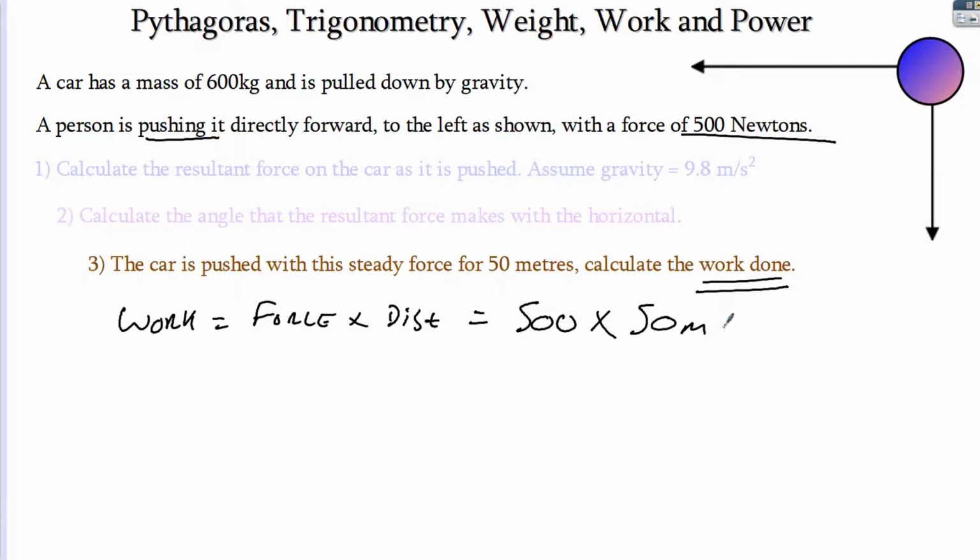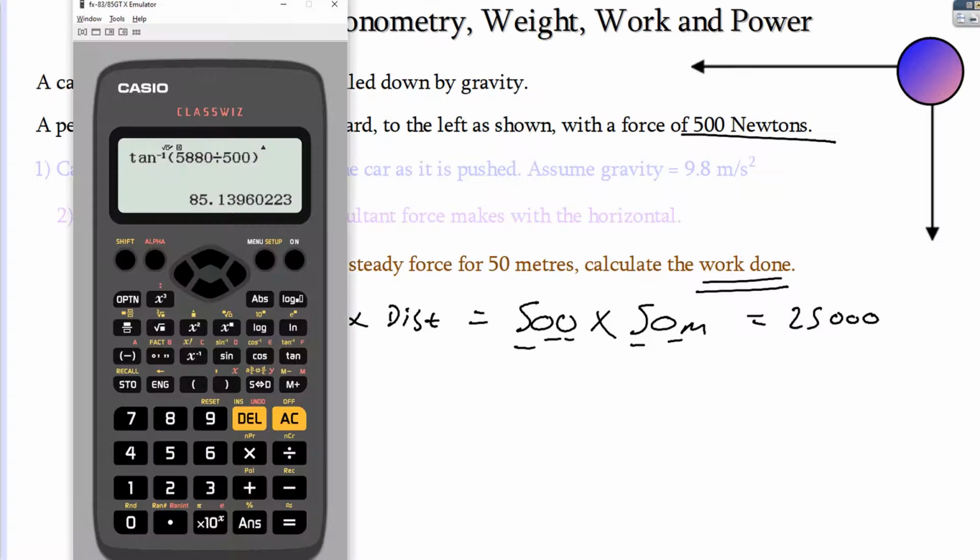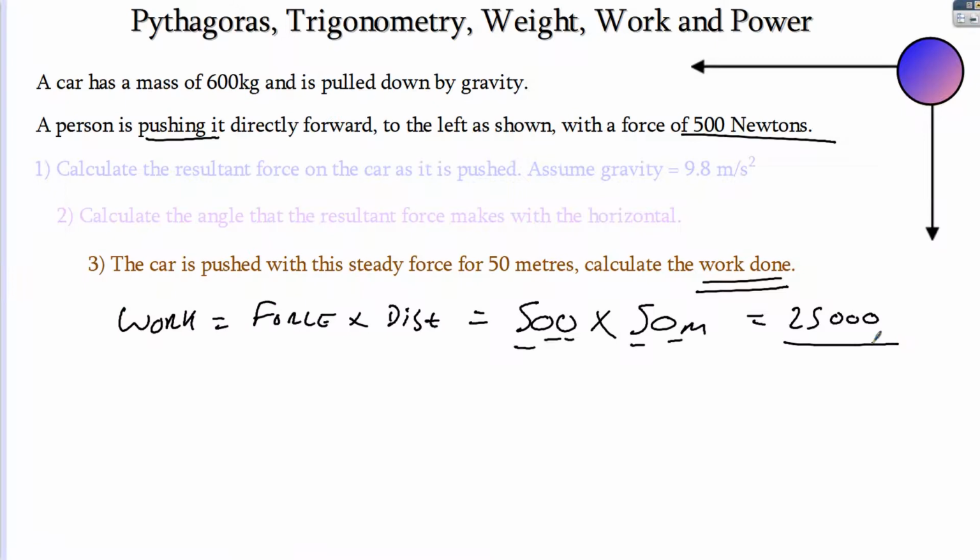Have I done anything wrong there? It's not a trick question, just asking if you would agree with me? Yeah, seems to be. Well, 5 times 5 is 25, and there's 3 zeros. Or if you want to check, of course, on a calculator, 500 newtons times 50 meters, 25,000. Now, what are the units of work